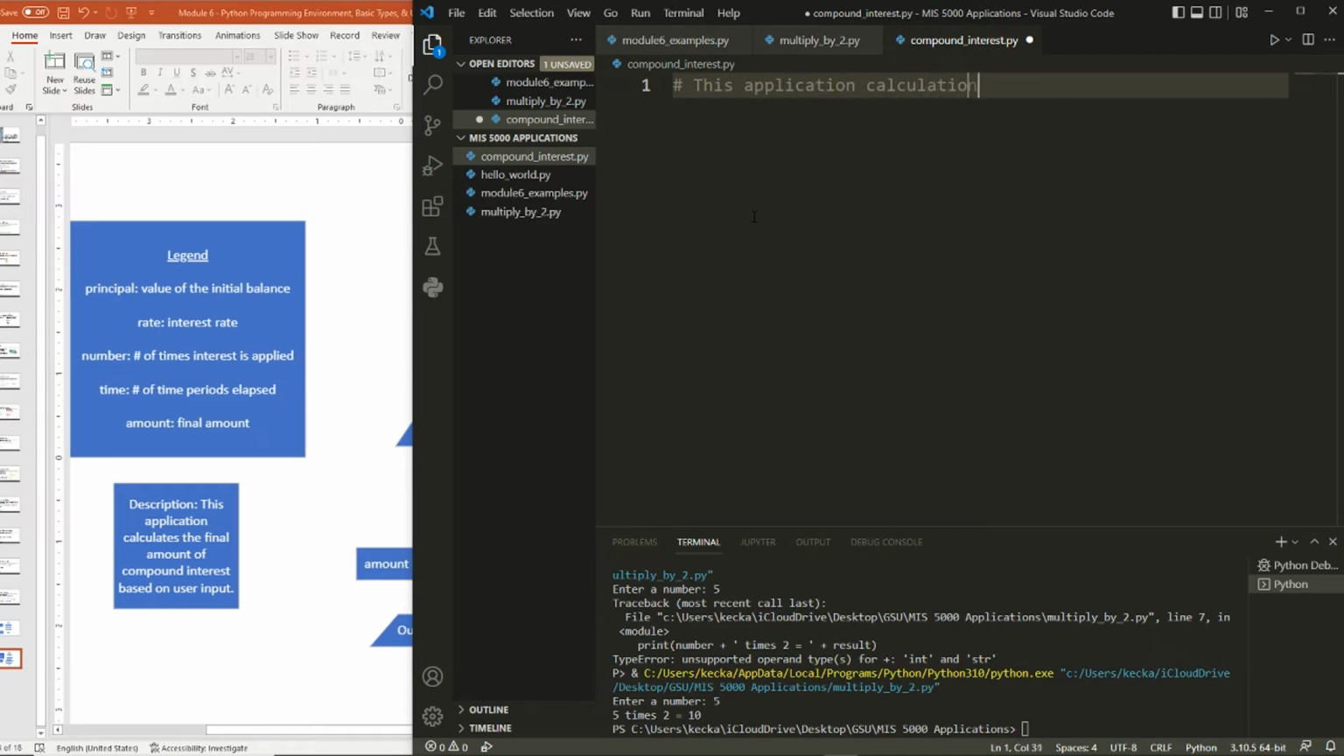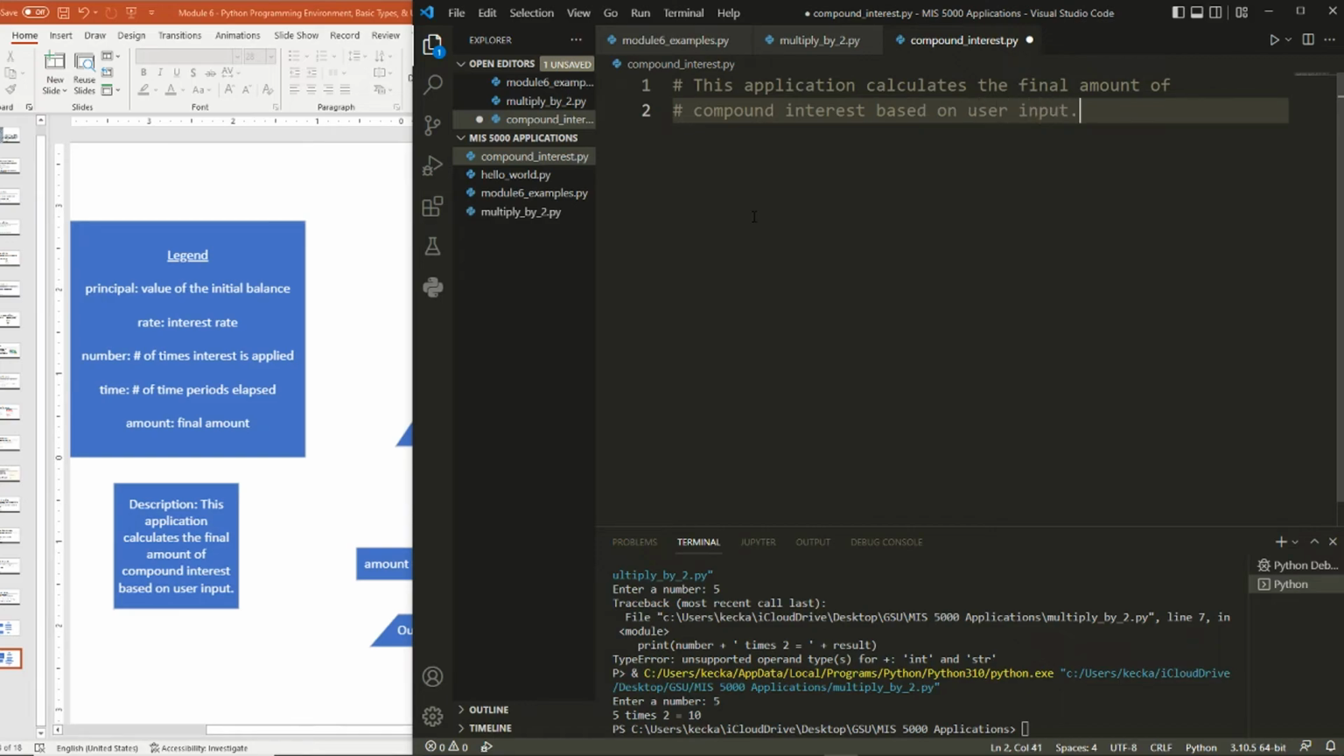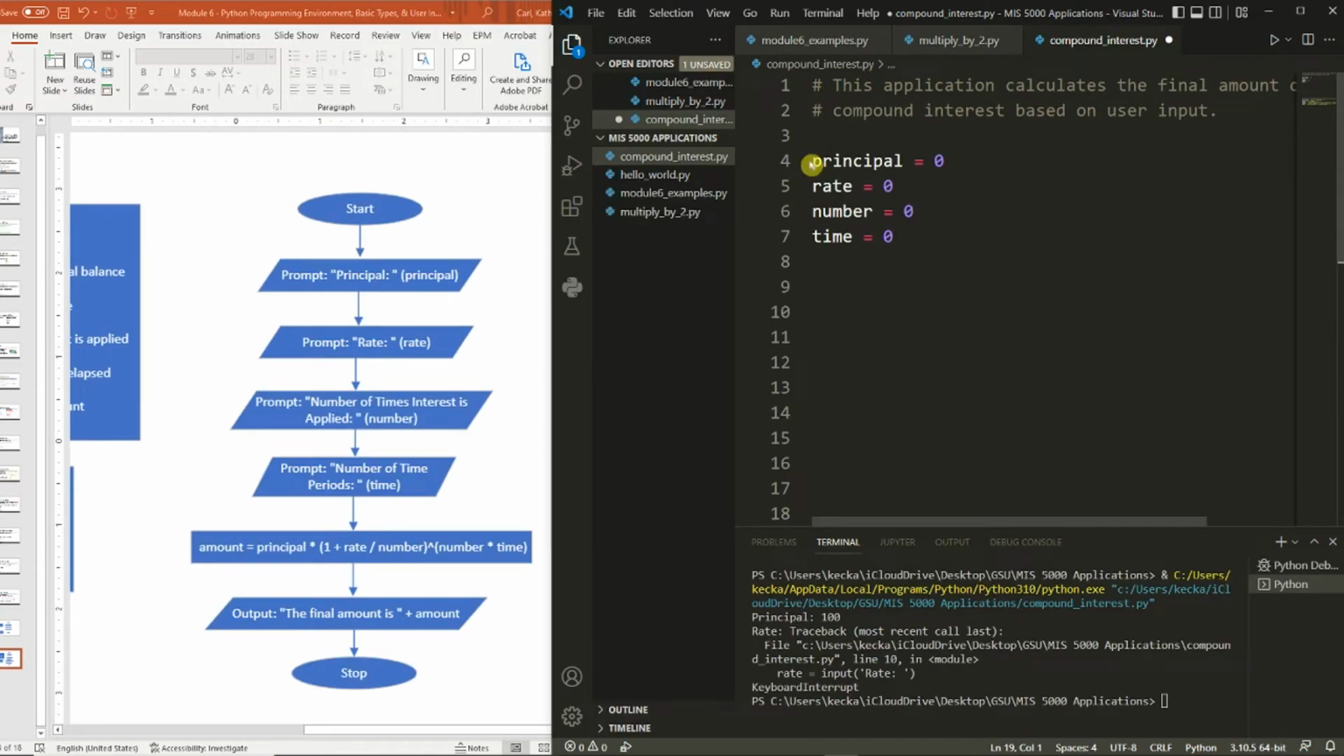This application calculates the final amount of compound interest based on user input. Now in this case, because we have so many variables that we're working with, I'm going to suggest starting by initializing them. So I'm first going to initialize each variable, the principal, the rate, the number, and the time, all